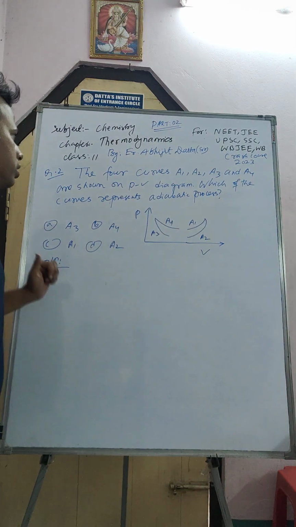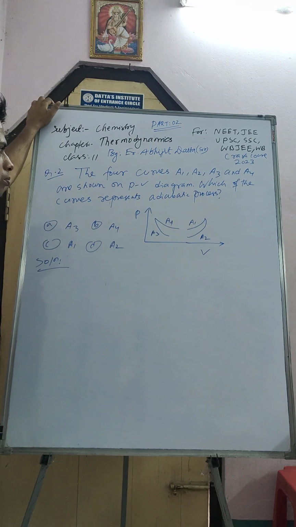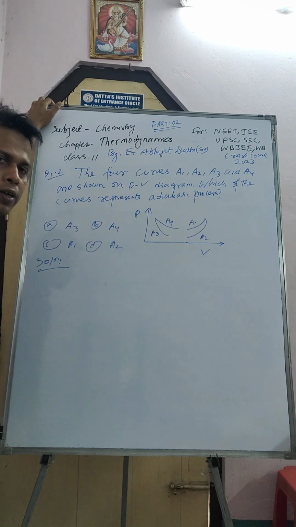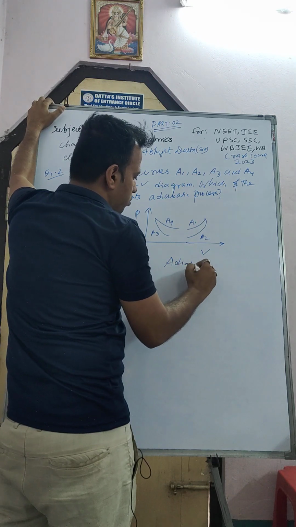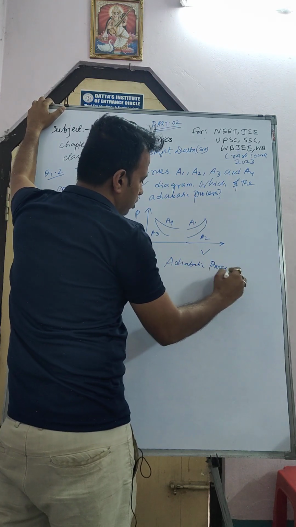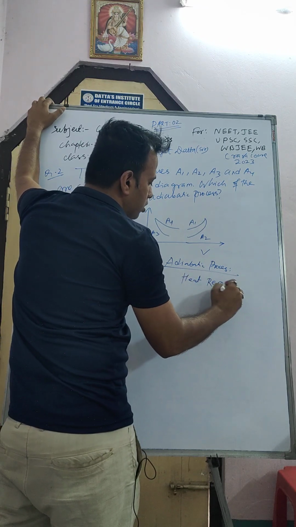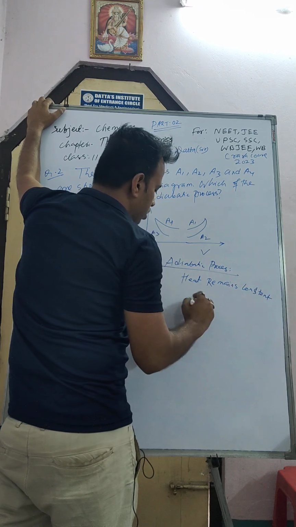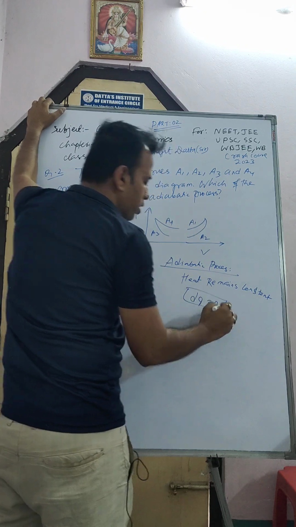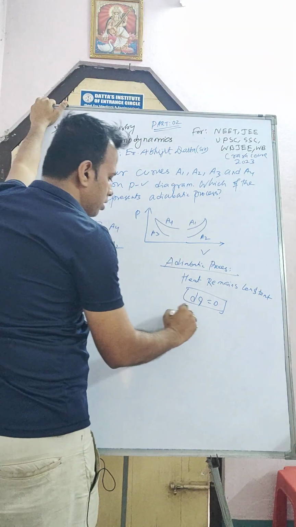So students, our next question, that is question number 2. The four curves A1, A2, A3 and A4 are shown in the PV diagram. This one is PV diagram. And which of the following curves represents adiabatic process? So you have to remember adiabatic process. In adiabatic process, heat remains constant, that is dq is 0, and in adiabatic process the curve is a steep